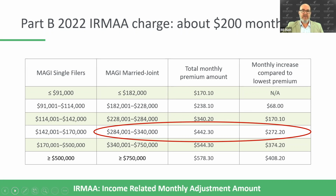to owe $442.30 per month. That's an extra $102.10 per month times two, one for each person, $204.20. Annualize that now for an annual total. In addition, income-related monthly adjustment, Medicare Part B premiums, we annualize that